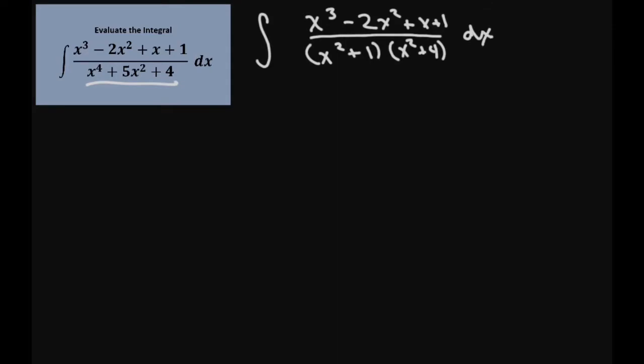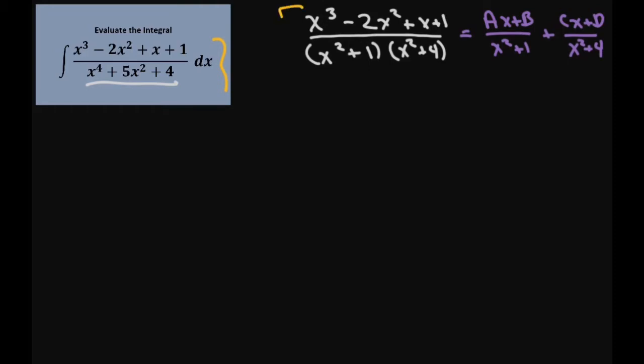All right, and this is going to equal, when you use your partial fraction decomposition, and I'm just going to take away the integral sign for now, we're going to set this up to equal (ax plus b) divided by (x squared plus 1) plus (cx plus d) divided by (x squared plus 4). I'm assuming that since you're looking at this one, which is kind of hard, you are familiar with this. So basically you multiply through by your LCD, your least common denominator,